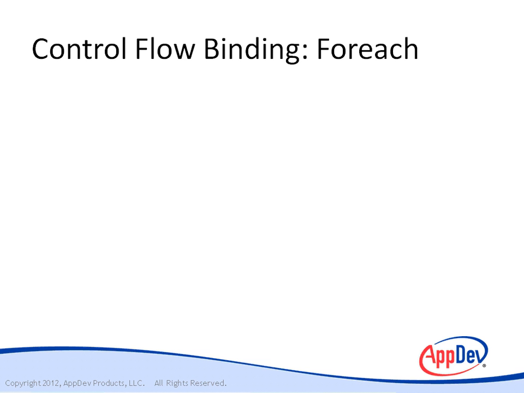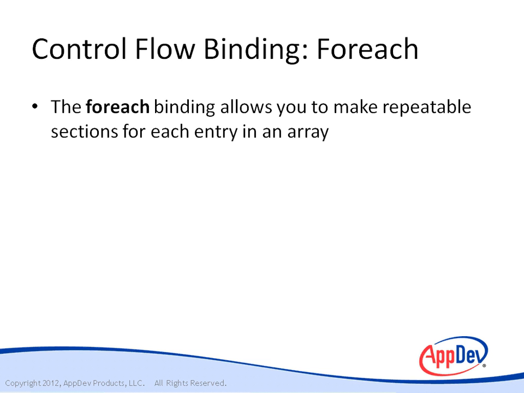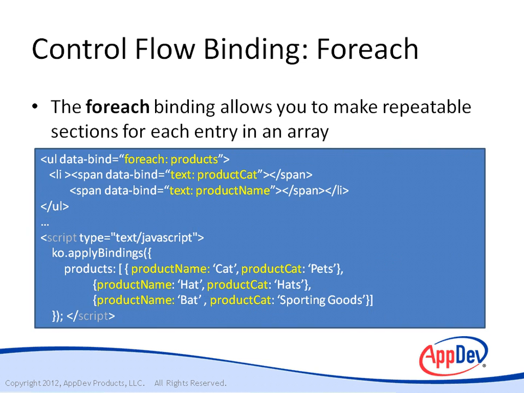The first control flow binding that we're going to talk about is the foreach binding. The foreach binding allows you to make repeatable sections for each entry in an array. So if you have 3 rows of data, this will cycle through each row for you and display the data. Here's an example. Here we have an unordered list that has a data-bind saying foreach of the products